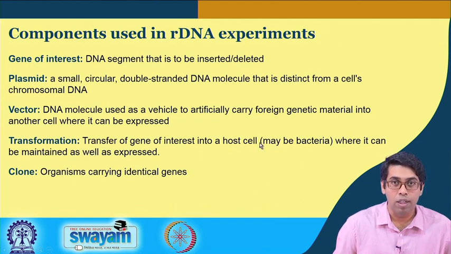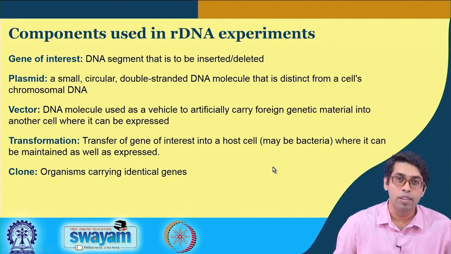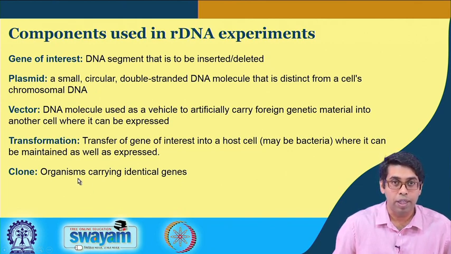In the example that we will see, the host cell will be bacteria, and then the bacteria will take care of all other activities, for example, expressing messenger RNA from the gene and making protein from the messenger RNA. Cloning is the process by which we do all of this, and the final organism that is now synthesized is a particular clone. So, if we have a colony of bacteria, then all the bacteria are identical, they have identical genes. So, then we will call those a clone.